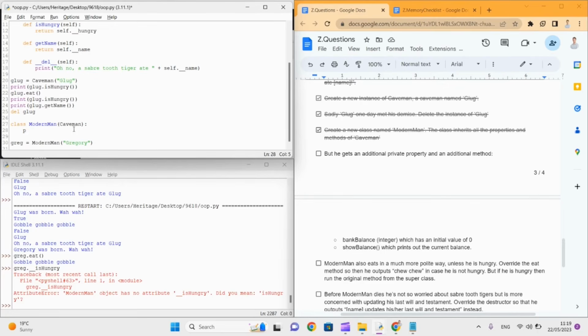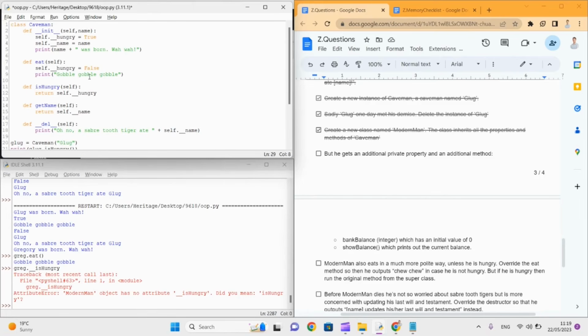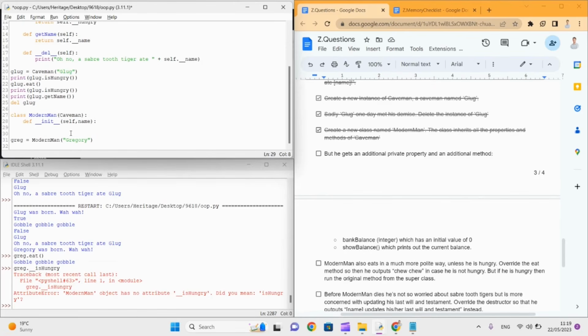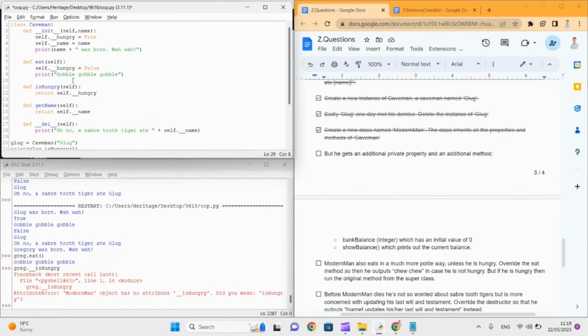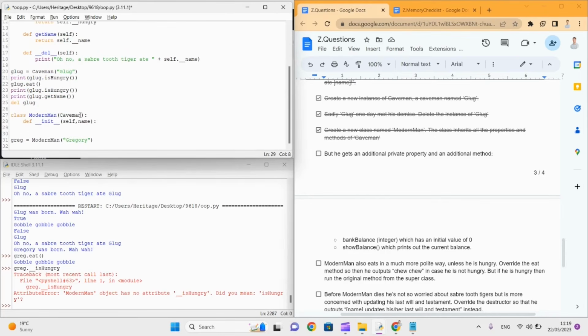In order to make an additional property, we need to initialize again: def double underscore init double underscore, and then open brackets, self. We're going to need the name again, close brackets. What we're doing now is we're overriding this method. We want to do the exact same thing though. We want to call the exact same function. So we're going to say